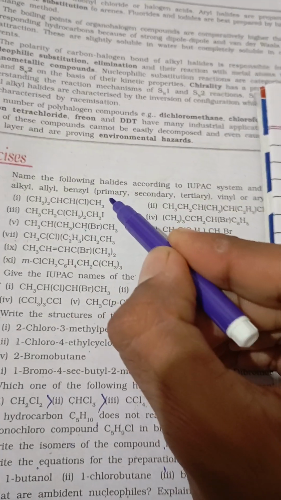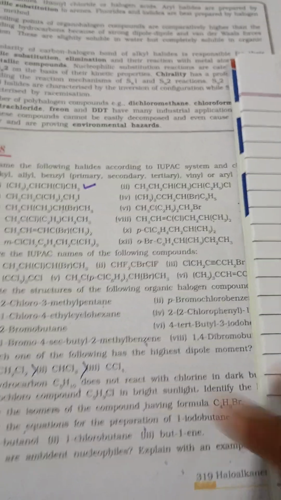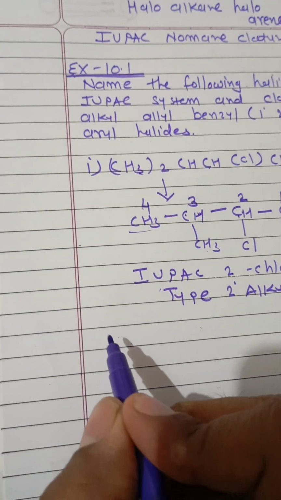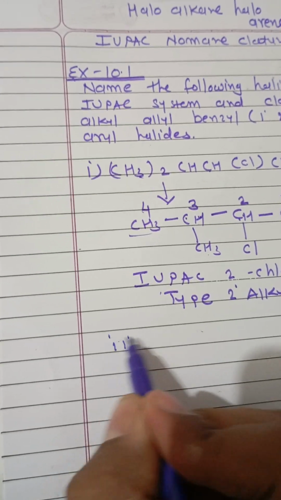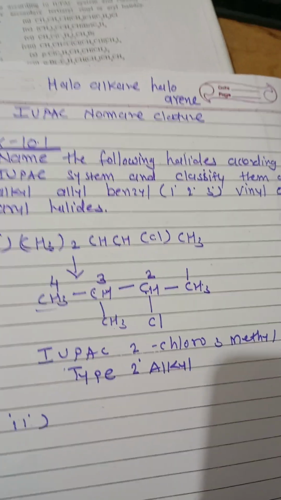There are a lot of examples given to us. So we consider this one as the first, and then the second one is given to us. One by one we take them and try to solve them. So the second one is also given to us. Which kind of thing is given in the second example? See here,